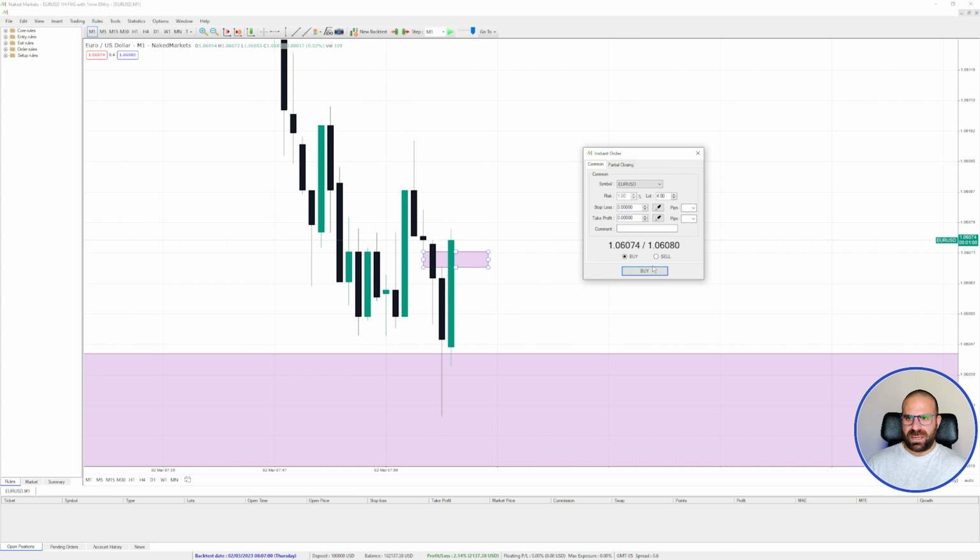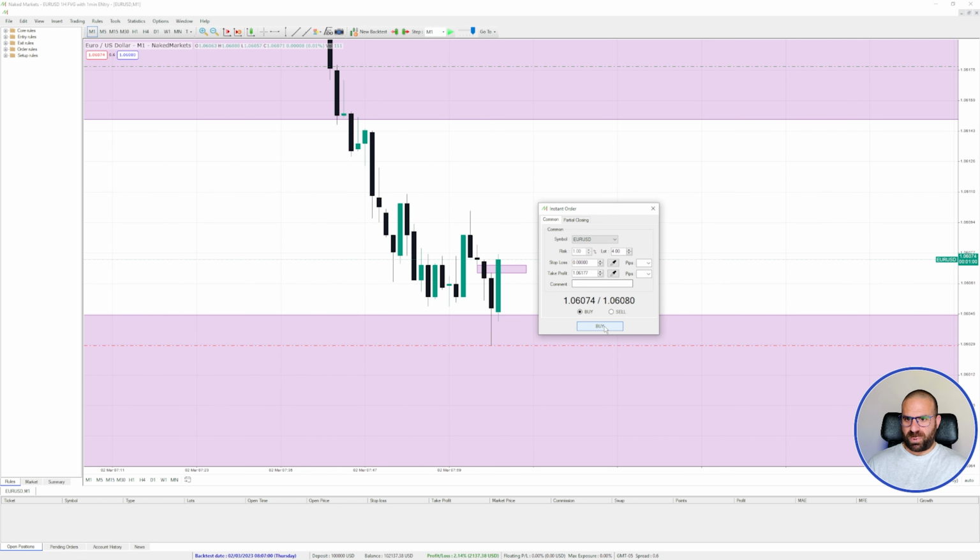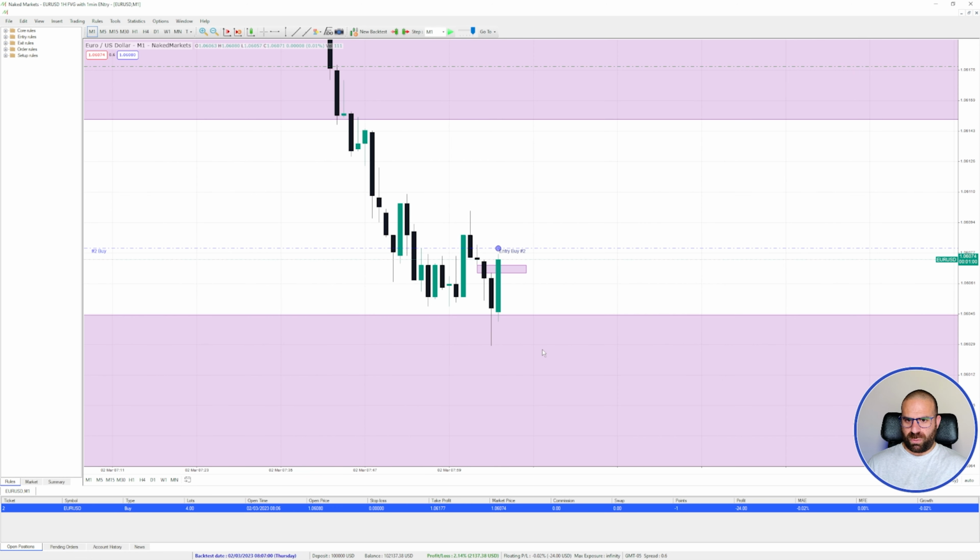I'm going to be saying that I want to buy, and I want the stop loss to be right below this area. Regarding the take profit, since this one is 5 pips, I will go for a fixed 2 to 1. I want my profit to be 10 pips, and I will buy instantly. At the very same time,